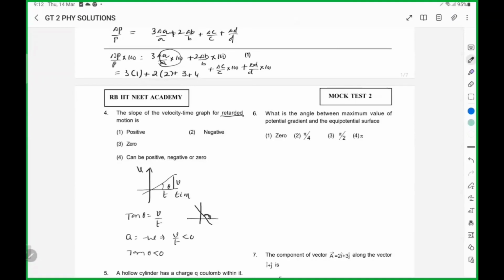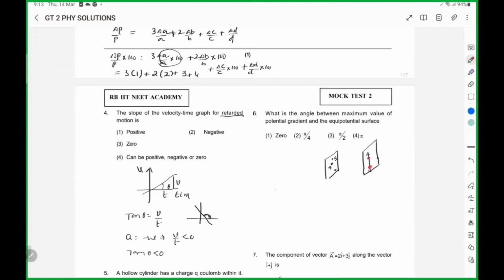So what is the angle between maximum value of potential gradient and the equipotential surface? Suppose let us consider equipotential surface. For equipotential means wherever you choose 2 points on the surface, potential will be same, then such surface is equipotential surface. So here in equipotential surface, potential at A is this, potential at B is this. So when it is moving from A to B,